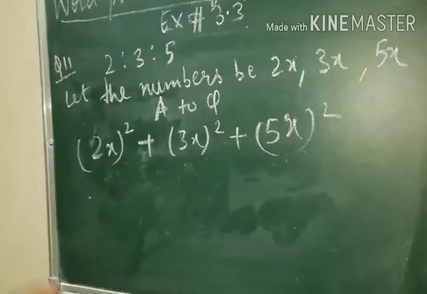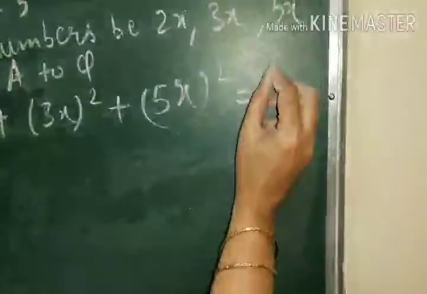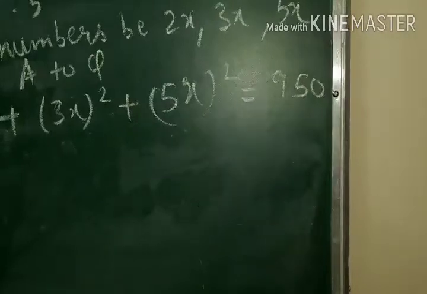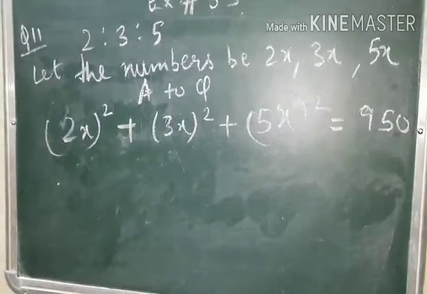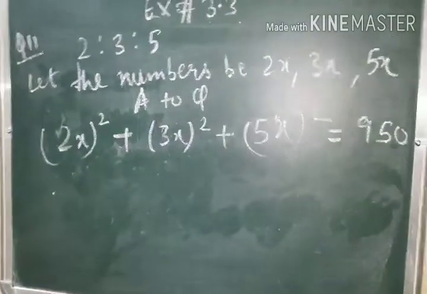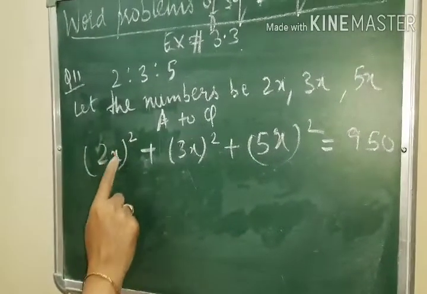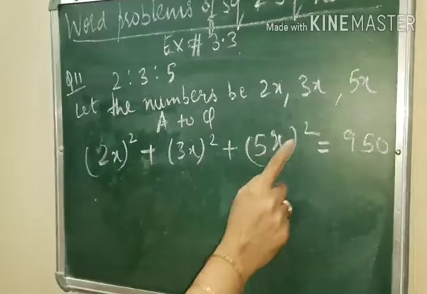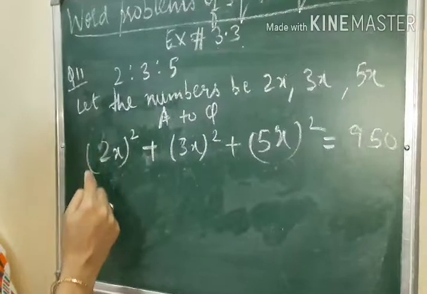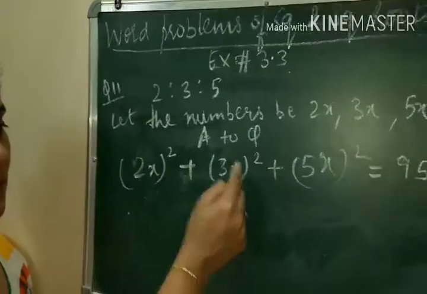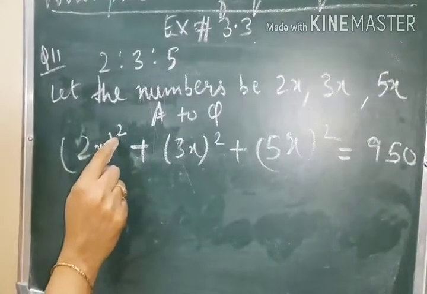Sum of their squares means you will add the squares of these three numbers and you get the answer 950. Is the question clear? First, it is given in the ratio, so we have taken x along with them. Numbers become 2x, 3x and 5x. Now it is given that you have to take the sum of their squares. So we have first taken their squares, 2x whole square, 3x whole square, 5x whole square. Now don't just take square along with x only, because we have to take the square of the whole number, and the whole number is 2x. Here the number is 3x. Here the number is 5x. That is why I have put bracket, so that it becomes clear that 2 is with both.